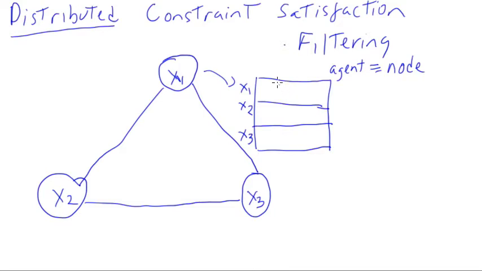Those are the rows, and the columns are the colors: blue, red, and green. These are the possible colors that the nodes can be, also known as the domain of the variable. So this is saying x1 could be blue, red, or green, and x2 could be blue, red, or green,